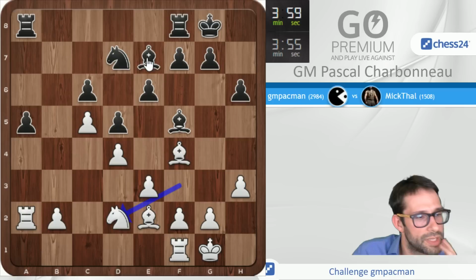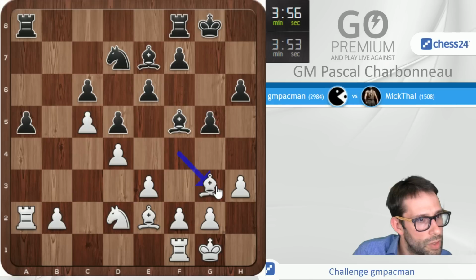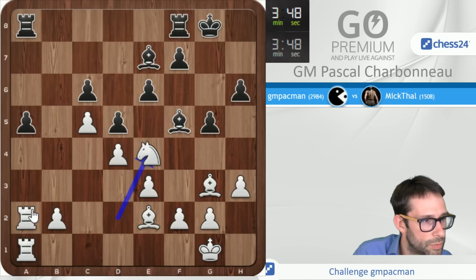I probably didn't play this quite right. He's maybe got a chance to get e5 in. This doesn't worry me too much, but especially because e5 would have gained a tempo at some point on this. Now rook a1, and the problem is the c6 pawn is also going to be a sort of lingering